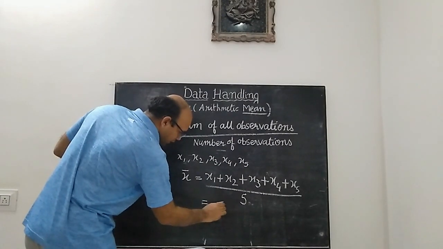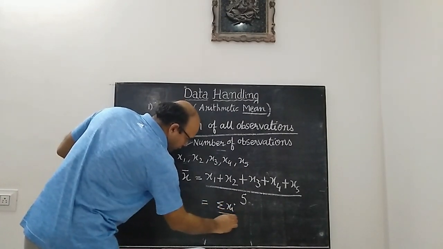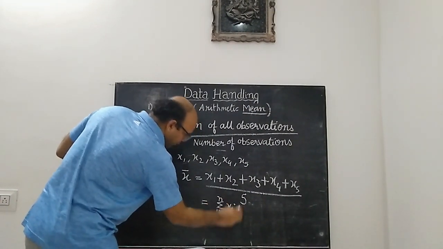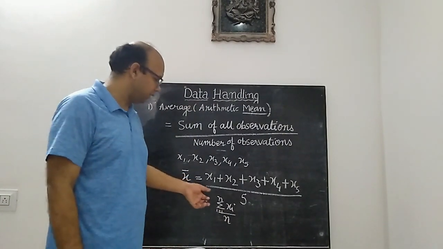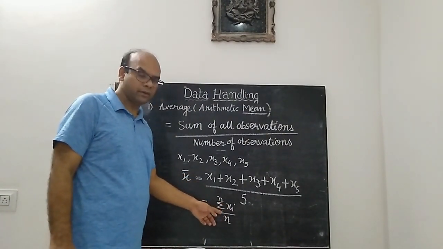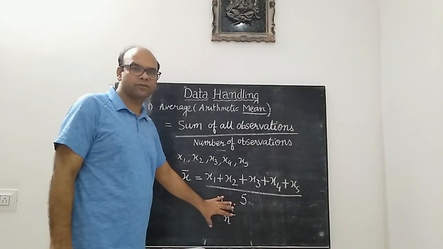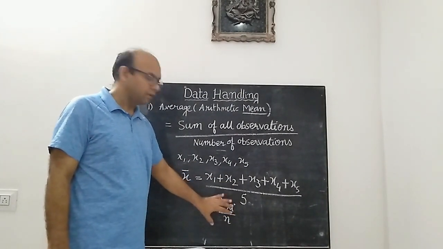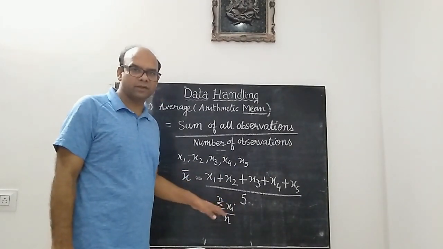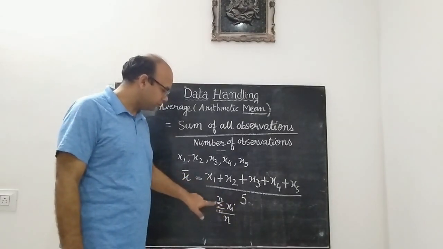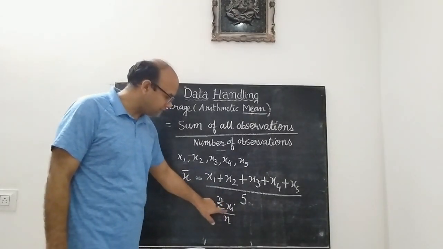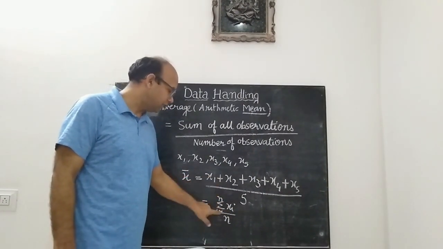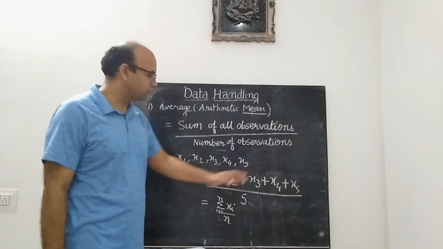And this is in the summation notation. It will be sigma i is equal to 1 to n x i divided by the number of times an observation is repeated. So this is important. Sigma notation is not that much of importance because this is for summation. In the higher classes you will study about it, but this is only for the purpose that you understand that in a compact form this can be written. If I put i is equal to 1, we get x1. Sigma is first plus, so we put the plus sign, then we put i is equal to 2 and so on.